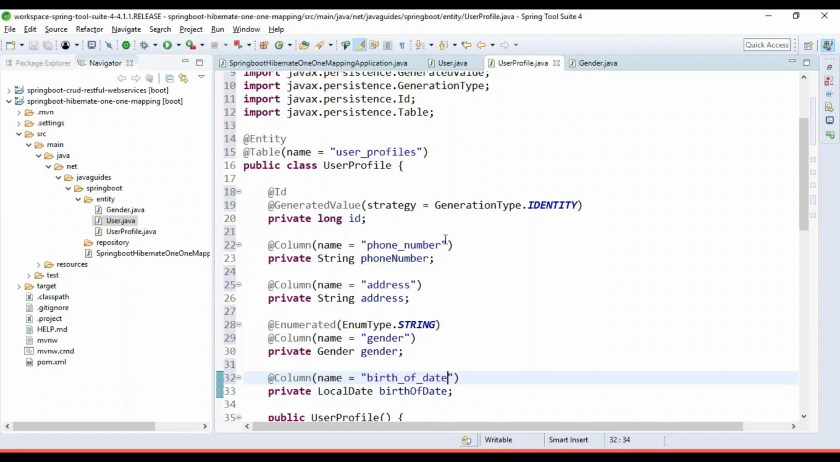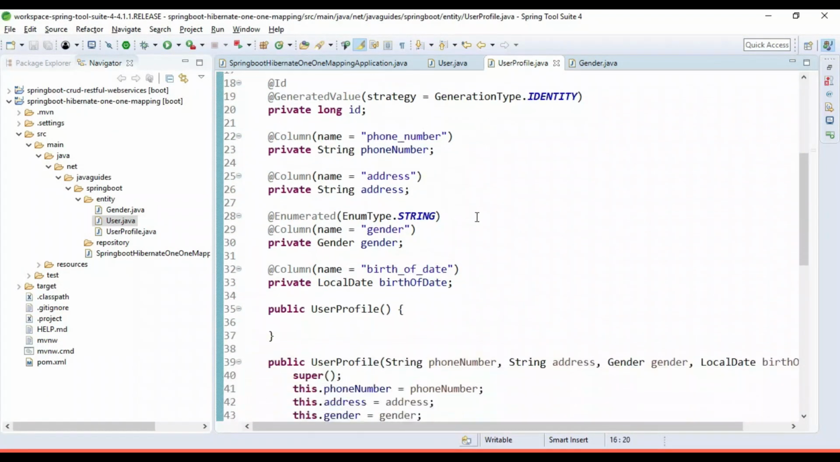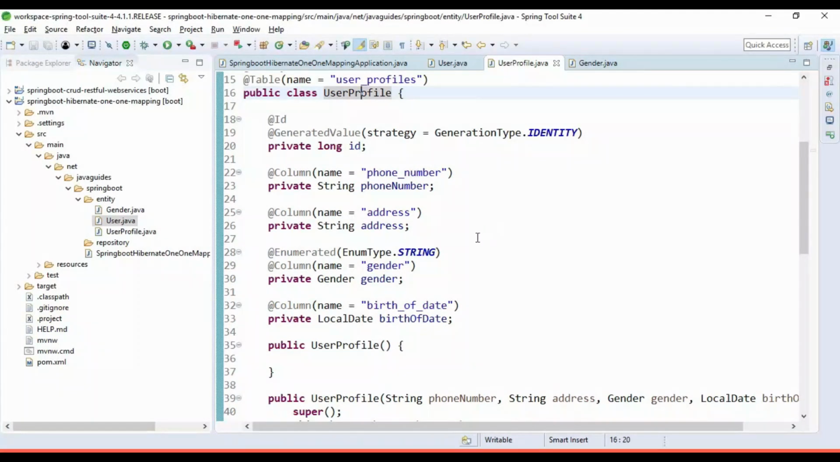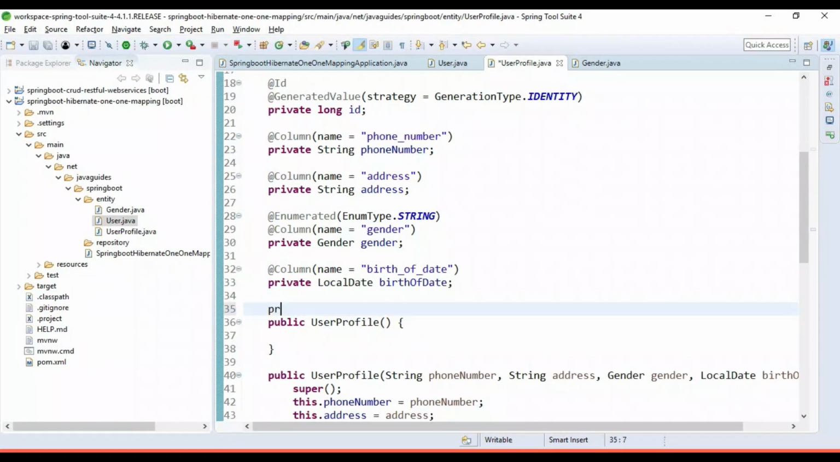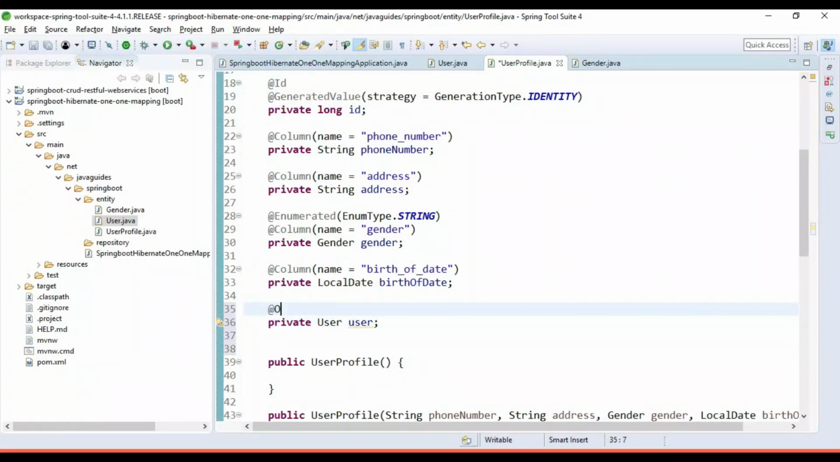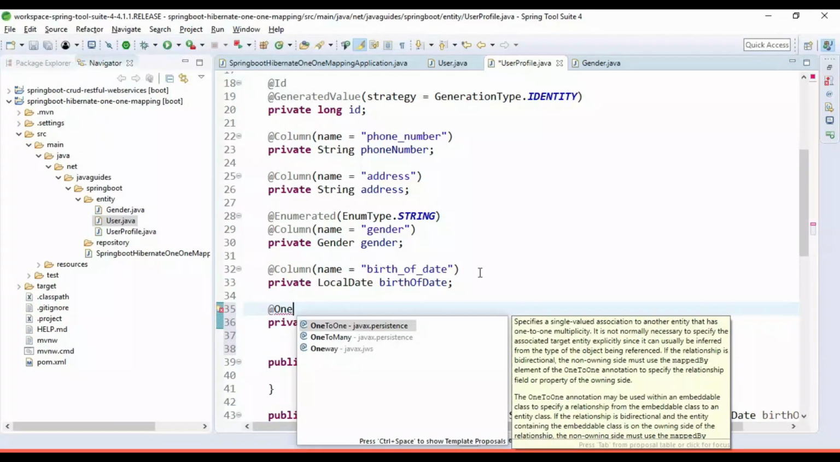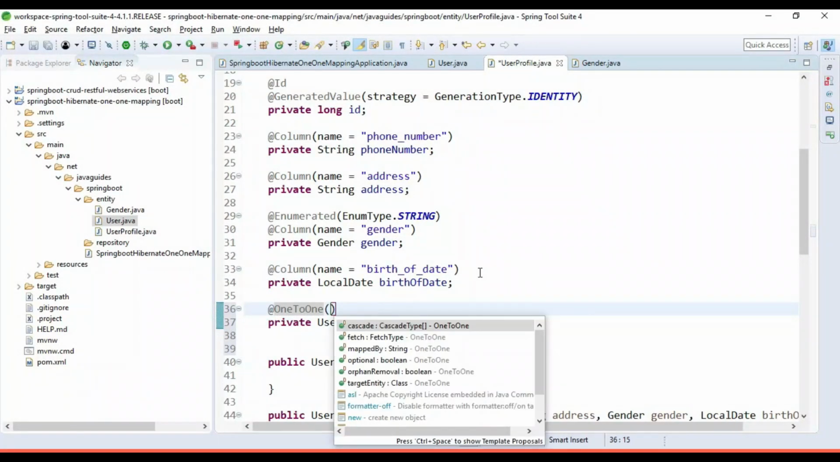Great. So this is our user profile JPA entity. Now I have mentioned earlier we are going to define a bidirectional association between user and user profile, right? Now let's create here a field that is user. This is a very important part, so notice here I am going to use the @OneToOne annotation, and let's again define a fetch type